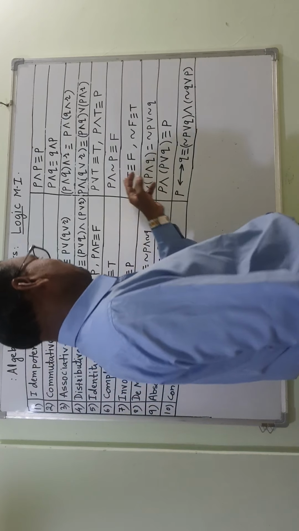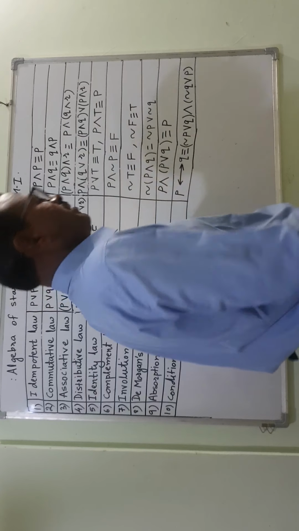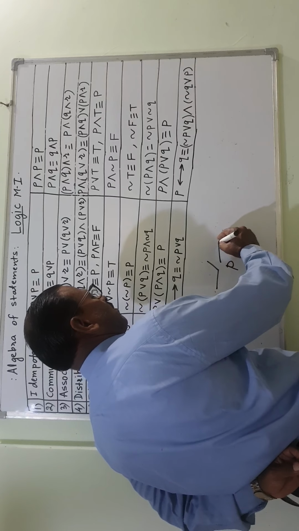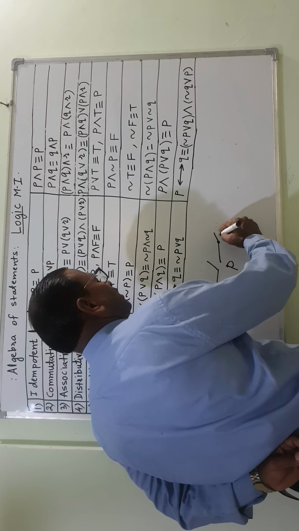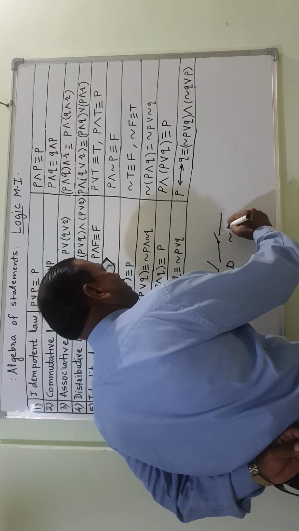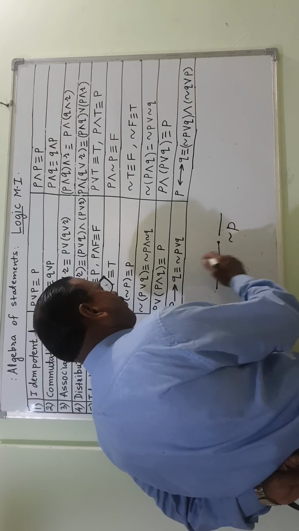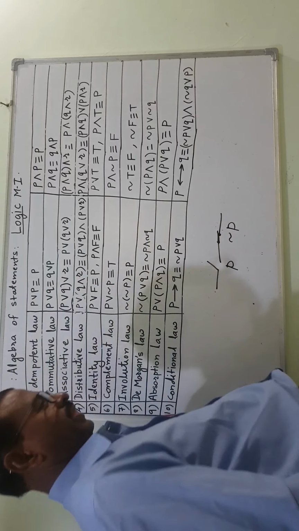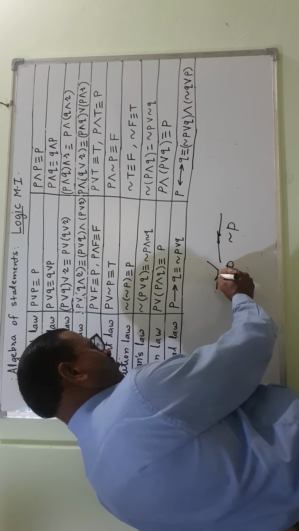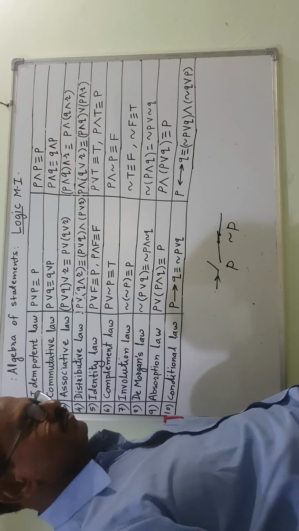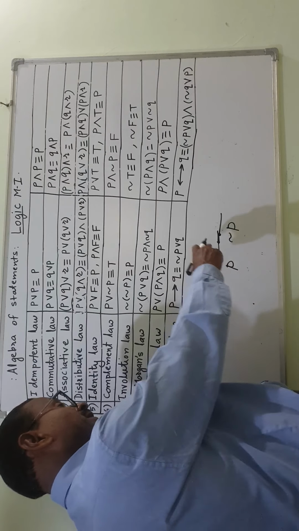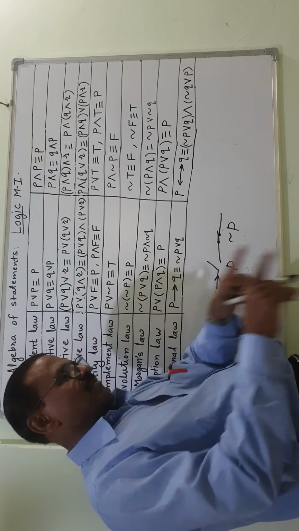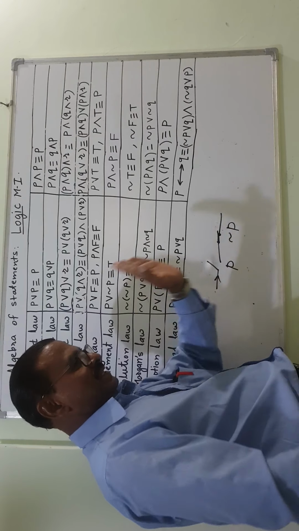Now this P and negation P, in a series circuit, this is P and this is negation P. Negation P means this is off, so this will be on. Current will be going through this and coming out. This is P and that will be negation P. Now what will happen? These are the two poles of the same switch and they are joined in series.